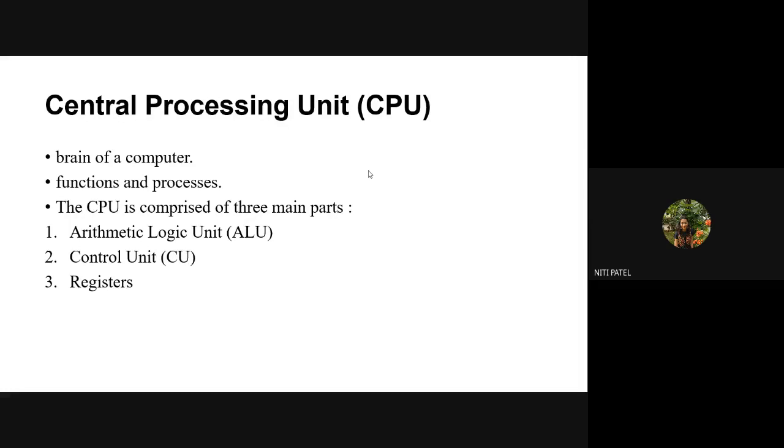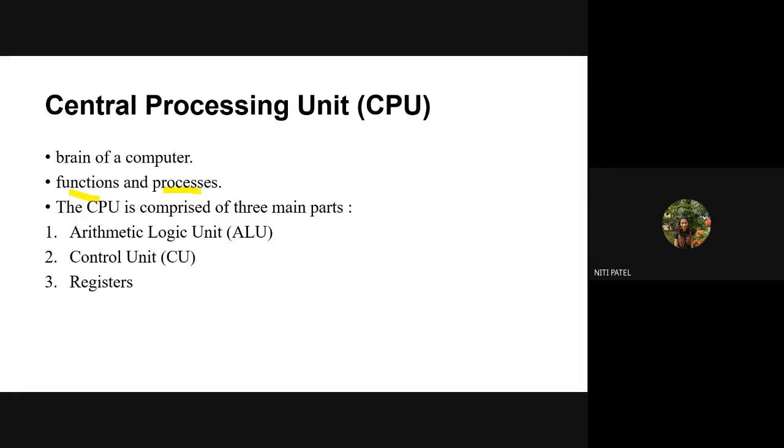Now it is called the brain of your computer. Why? Because all the functions of a brain are done by your CPU, therefore it is called the brain of a computer. So जो भी दिमाग लगाने का काम है वो कंप्यूटर में कौन करता है? It is the CPU. It does the functioning and the processing of any request which comes from the user end. So user जो भी task बोलेगा वो task CPU has to perform it. So what are those tasks called? Those tasks can be called either functions or processes.